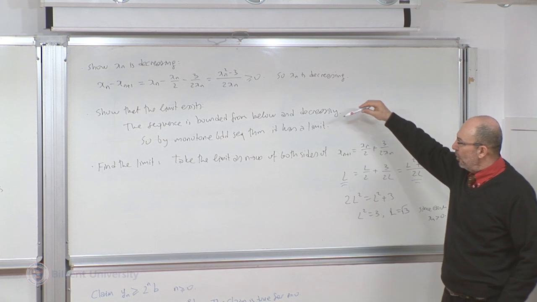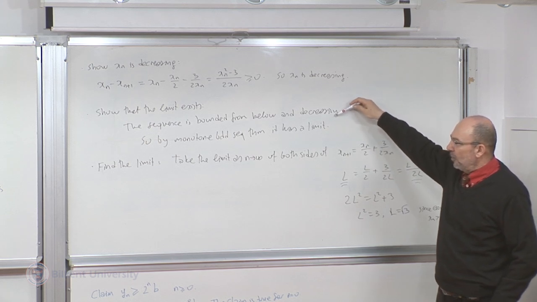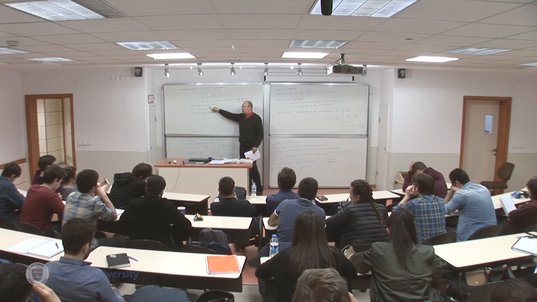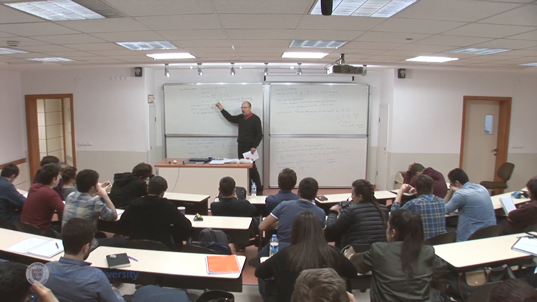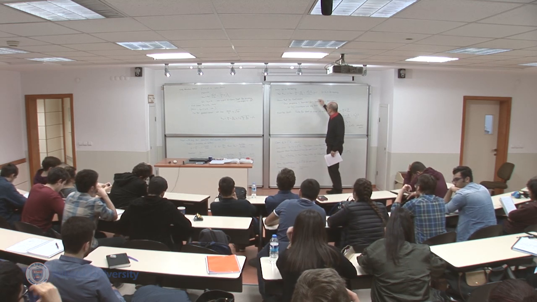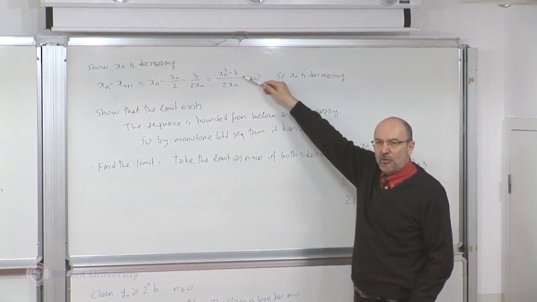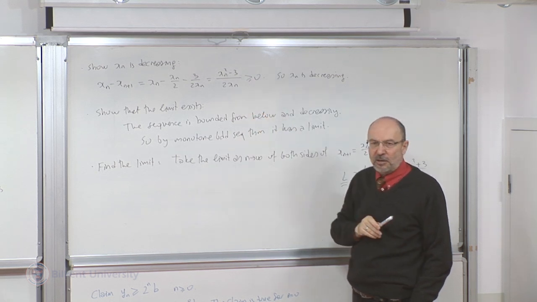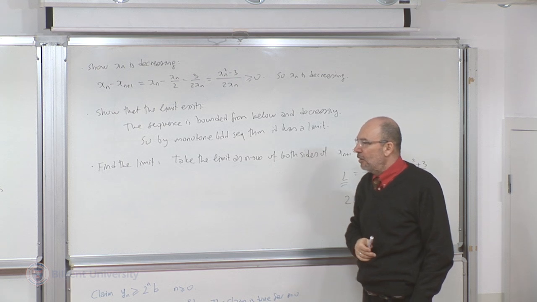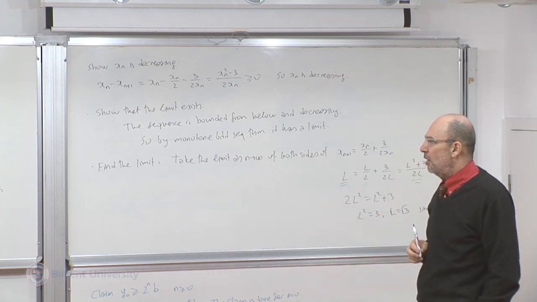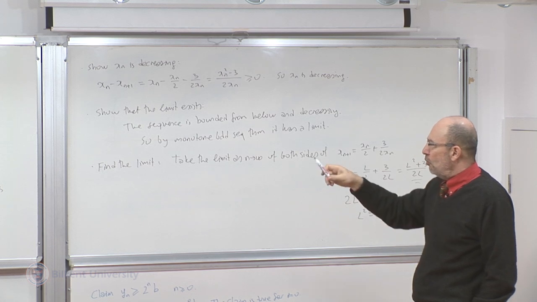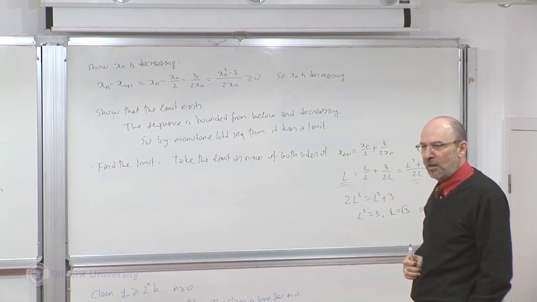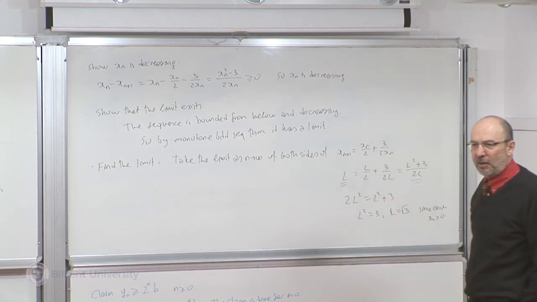So again, once more, I don't need this precise limit here to say that each of them is positive, which gives me bounded. But that rough limit does not tell me that the sequence is decreasing. In order to get that the sequence is decreasing, I need that precise limit for the lower bound. Okay, so I show that the function has a nice lower bound. Using that nice lower bound, I show that the function is decreasing. Okay, now a decreasing bounded sequence must have a limit,